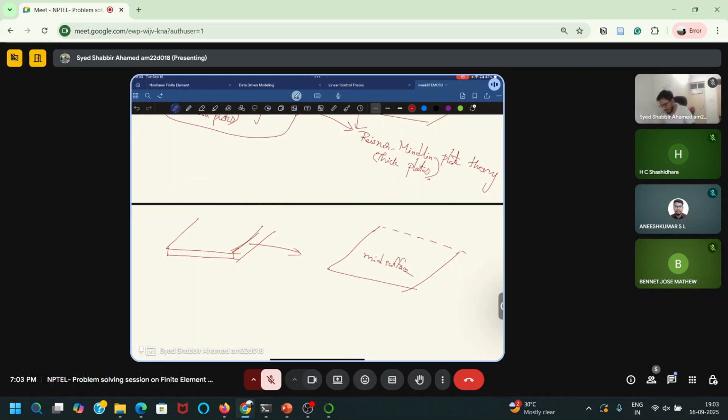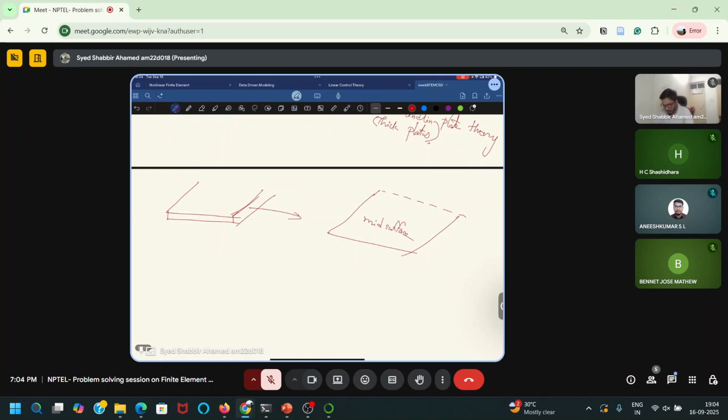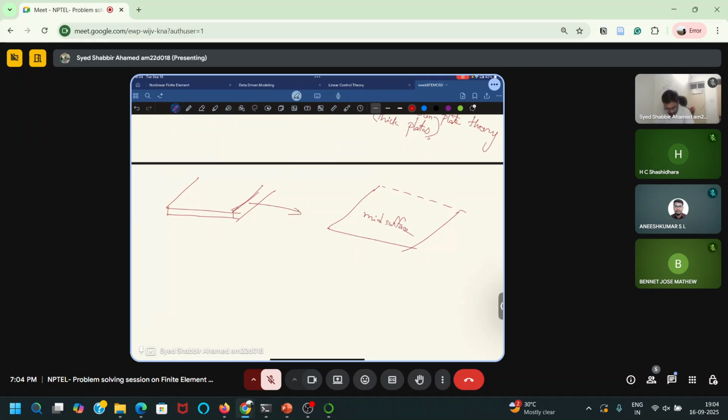You can go and check those in the text or the lecture slides which are provided in the portal. So I won't discuss how they came about, I will just go through the procedure. But you should know that a plate can bend in both directions. Earlier, the beam was bending only in one direction. So a plate can bend in two directions. That's why, if I'm dividing this plate into a lot of elements,